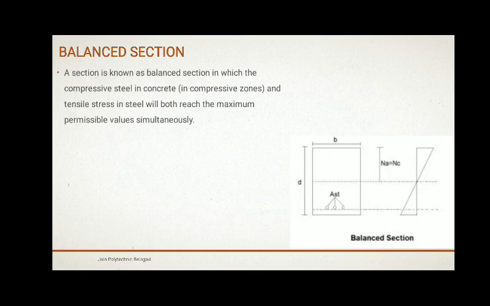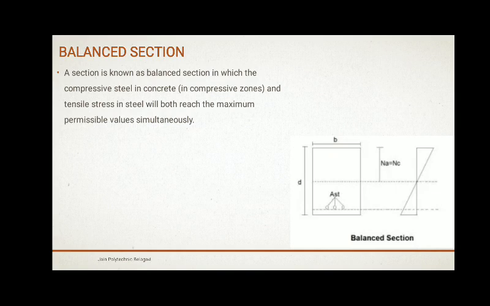So section is known as balanced section, in which the steel, that is in compressive steel in concrete and tensile steel, will both reach maximum permissible values simultaneously.